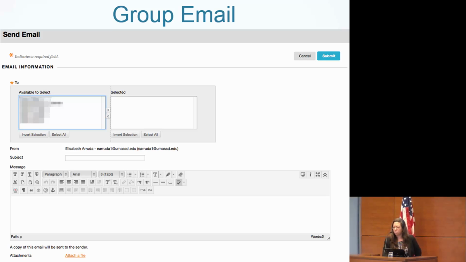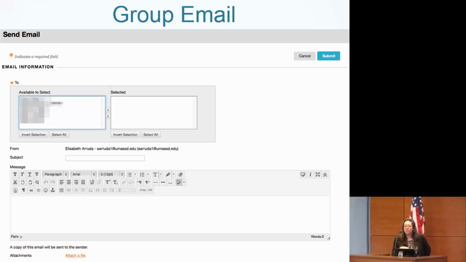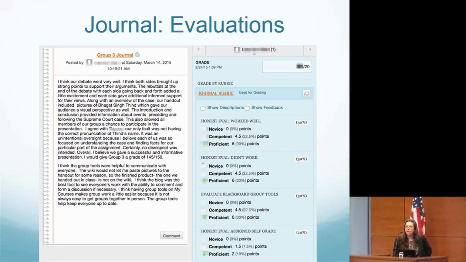This tool I use regularly, which is for them to communicate with each other, but also for me to send them a quick note and say, your presentation's on Tuesday, and this is what I see so far, and these are my concerns, and this is where I think things are going really well, and don't forget to come see me during office hours if you'd like to practice, and I'm happy to go one-on-one with you with your arguments before this debate. And they take me up on it, which is really great.